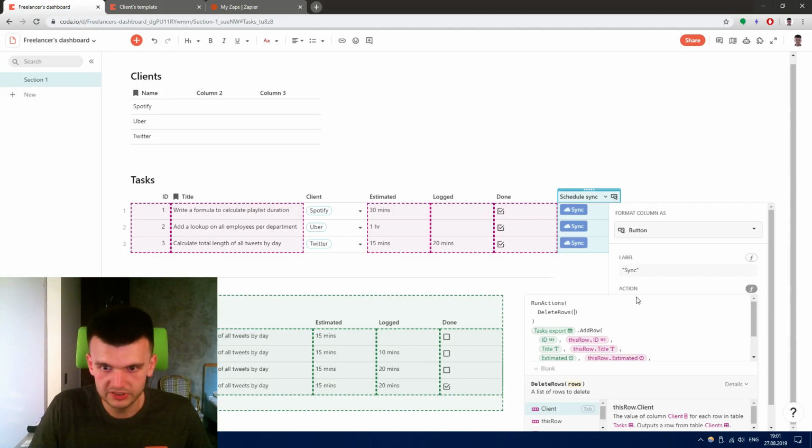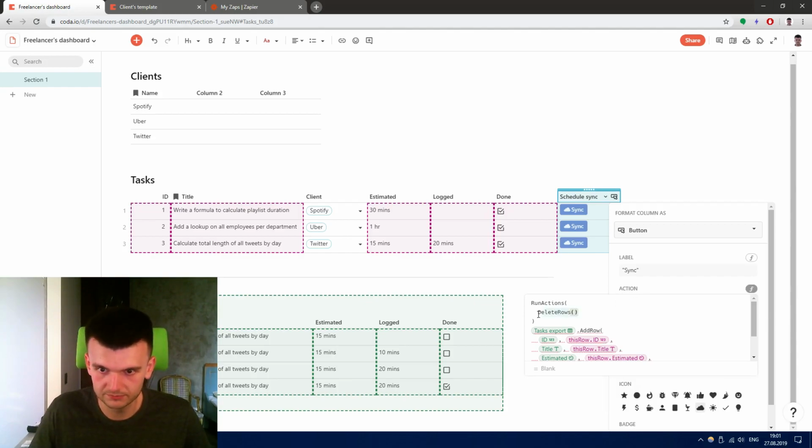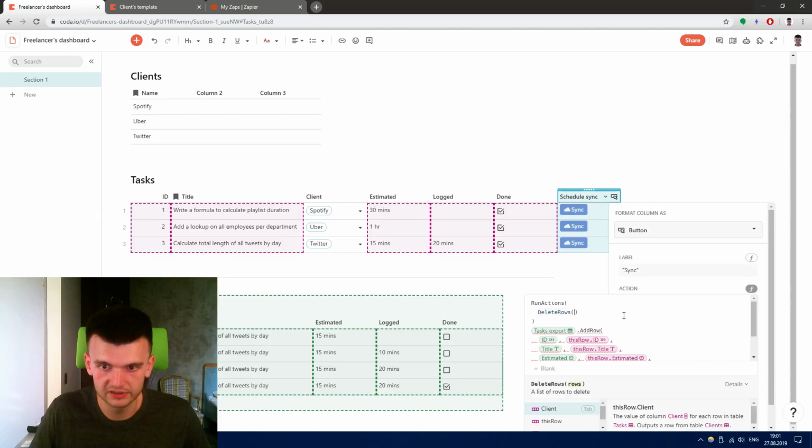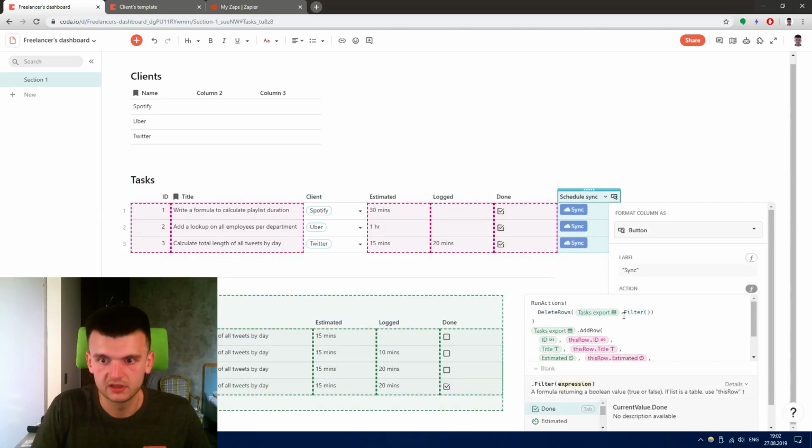So first we delete the rows from tasks export which have ID equal to this row ID,